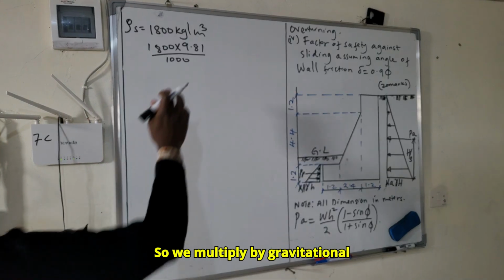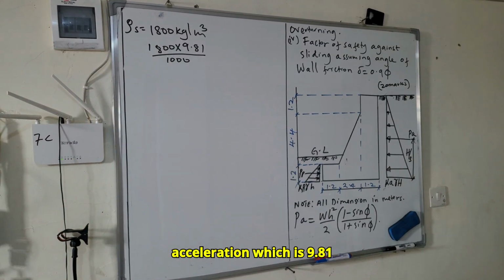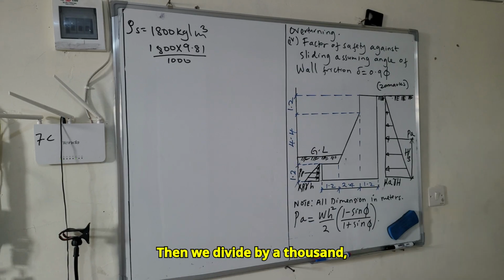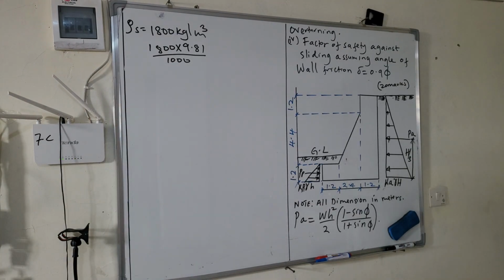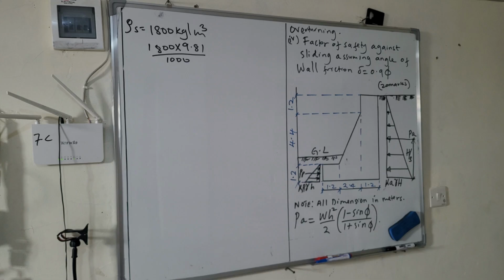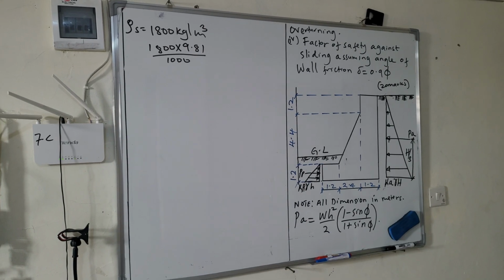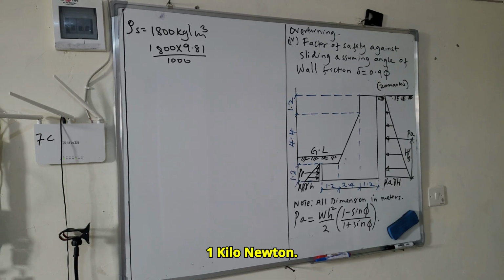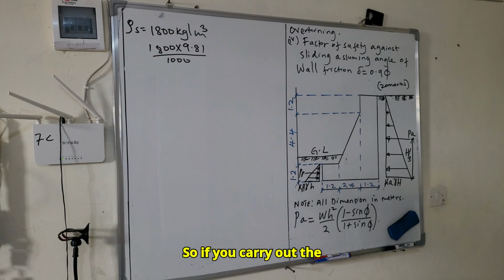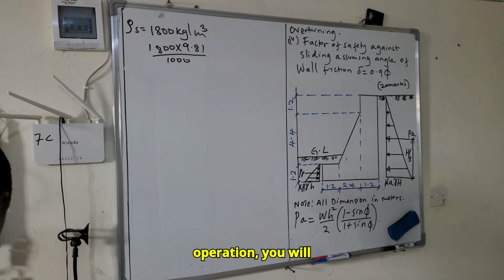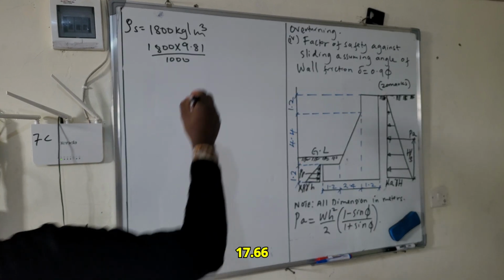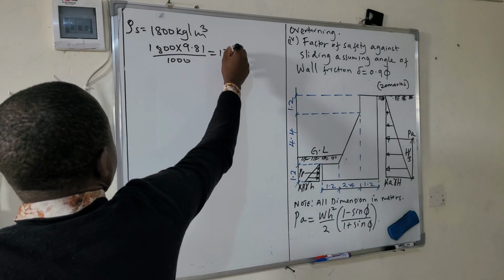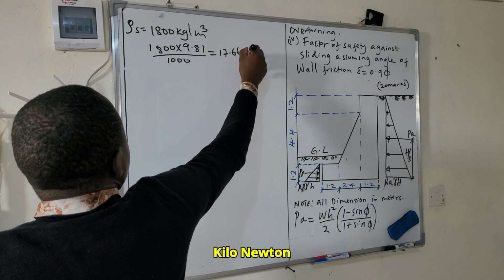So we multiply by gravitational acceleration, which is 9.81, then divide by 1,000, whereby 1,000 Newton is equal to 1 kilonewton. If you carry out the operation, you will get 17.66 kilonewton